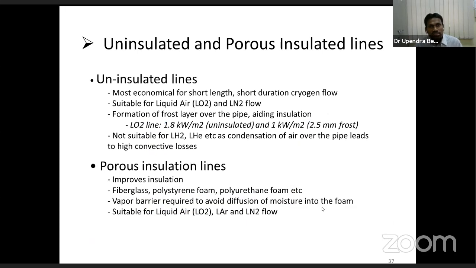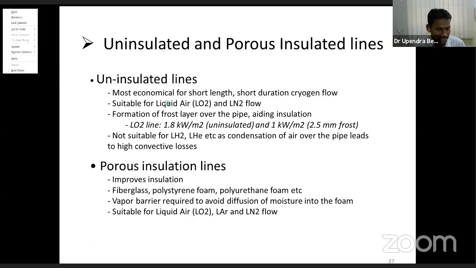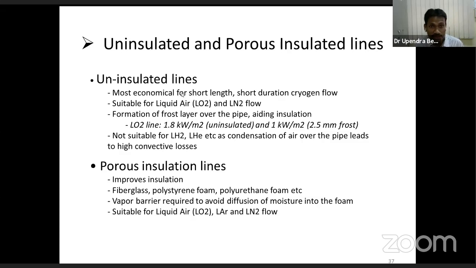So depending on the insulation, they are again classified as uninsulated lines, porous insulated type, or vacuum insulated type. The most common, uninsulated type, is most economical for a short length and a short duration of cryogen flow, and it is suitable for liquid air or liquid nitrogen flow. When you are transferring these cryogens from the storage for a short period and short distance, initially when the cryogen